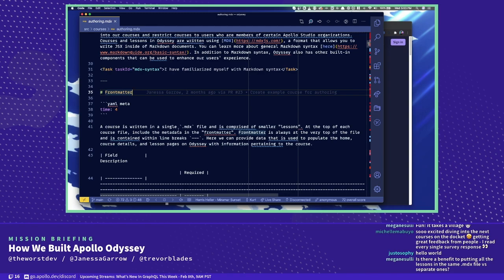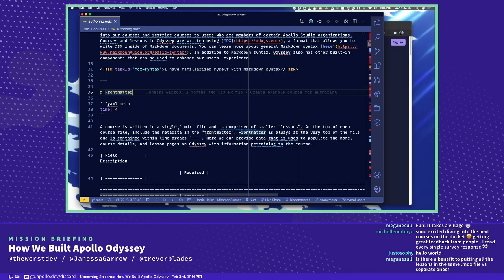Correct me if I'm wrong, Blades. I believe it was more of just an organizational, structural decision on our part. We very well could have had them as separate files, but looking ahead to more courses, if each course has like 10 lessons to it, that quickly becomes hundreds and hundreds of files. So if we just keep each course, all the lessons, in one file, that drastically reduces the number of files that we'll have to have in our repo. Yeah, that's definitely a big component of it.